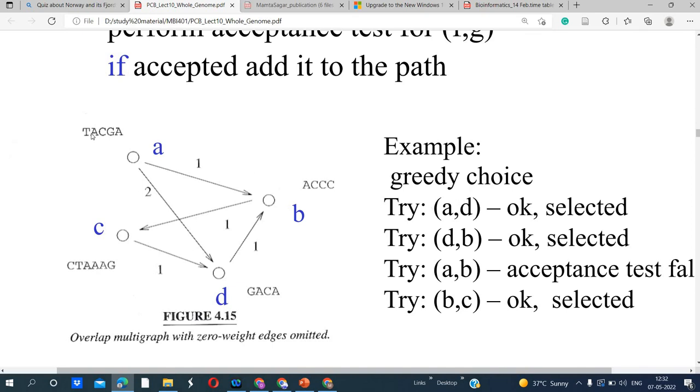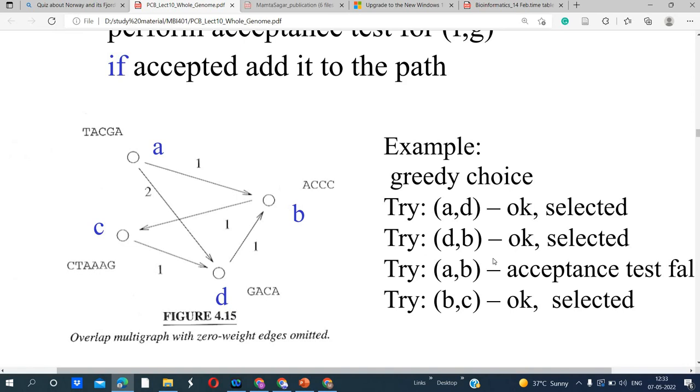So you can align TACGA, and the next fragment will be GACA, because GA is aligning with GA of the first fragment. This is the D fragment. The CA will come next. So you can add the D fragment below the A, like G is similar. This is the overlapping fragment. So GA is overlapping. So the next residues will be CA.